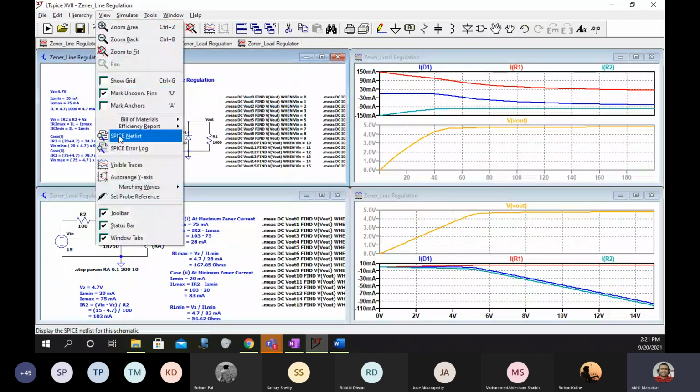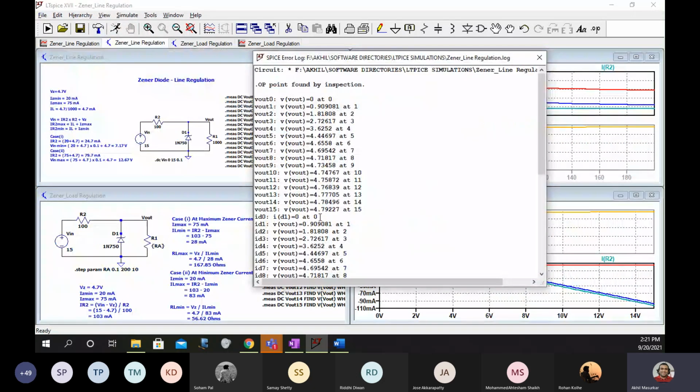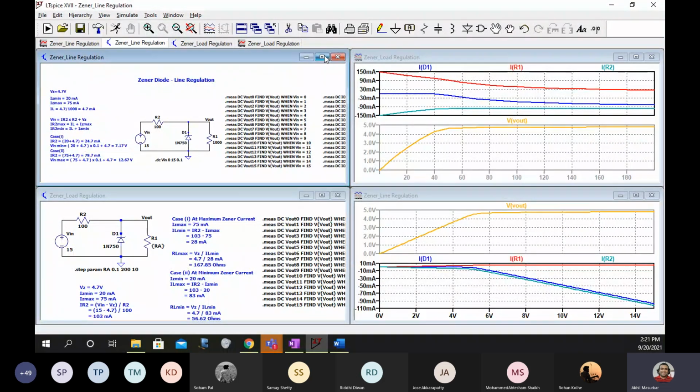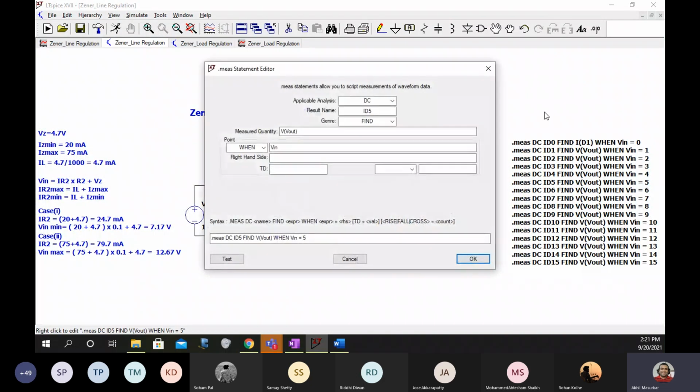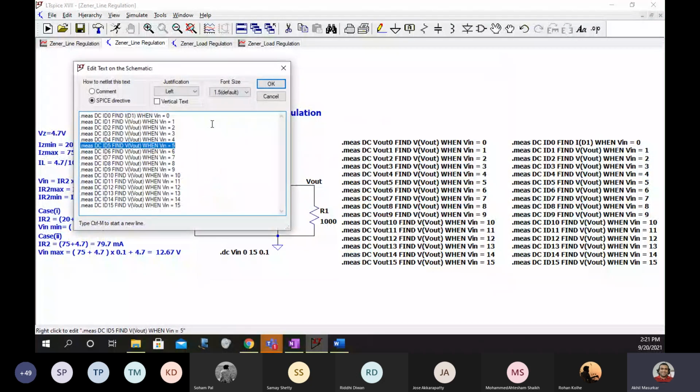We can go to view, and you can see that this first thing worked. Now we can very easily change everything in this file to ID1. So like this you can plot every current you want to fill in the table.